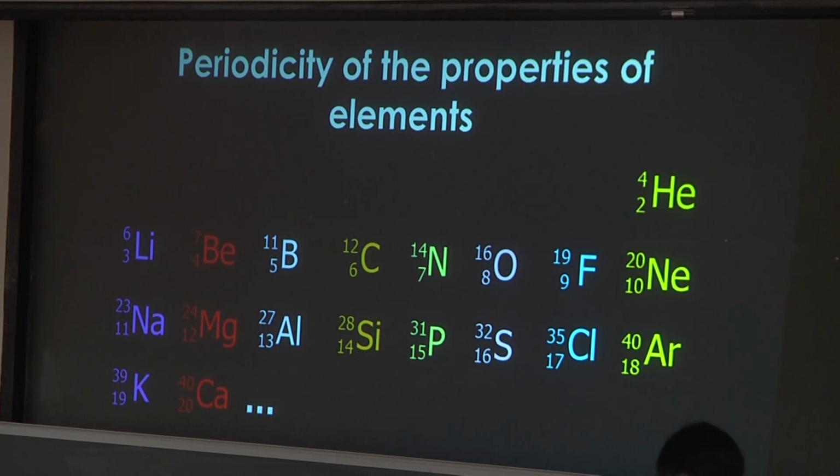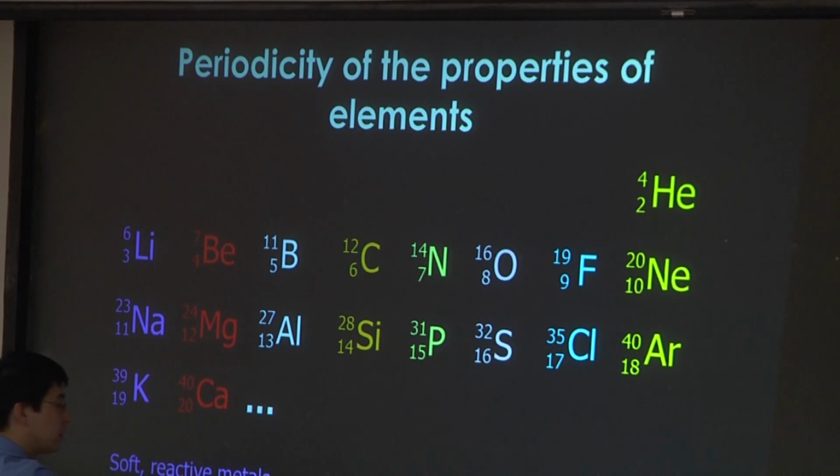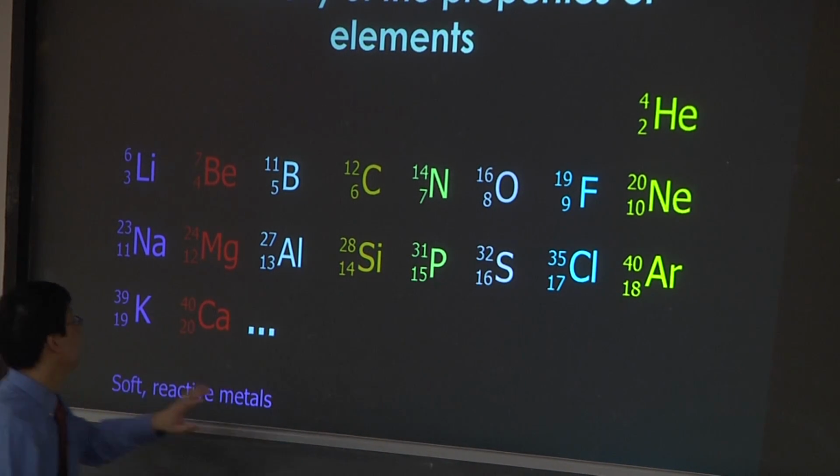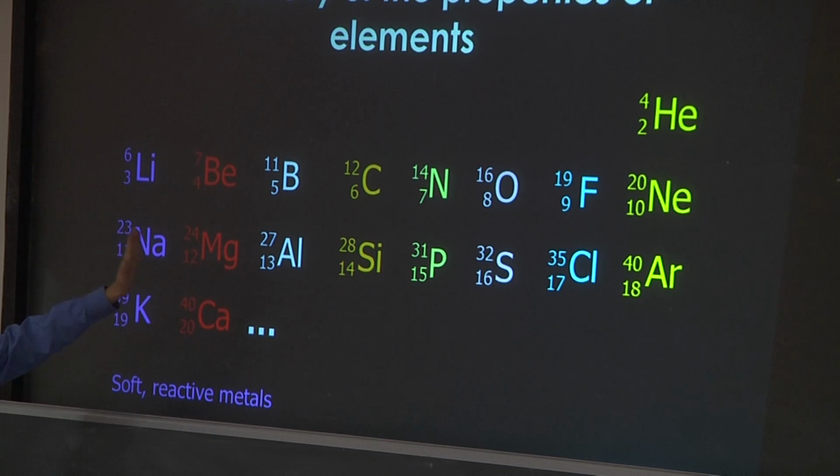noticed that if you put, something's missing here. Where's the hydrogen? Oh, okay, no, the hydrogen's not there, okay. That if you ordered many of the elements, they didn't know atomic number yet, they only knew weight, so if you ordered them by their weight, you started getting properties that repeated. Remember, we talked about properties of matter. So here we have lithium, beryllium, boron, carbon, and so on. You don't need to copy this all down. And you put them kind of in order,